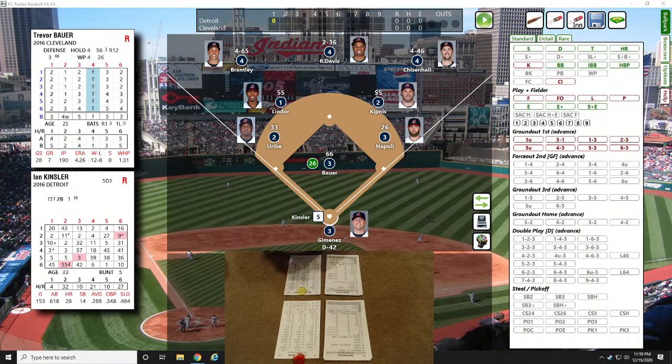Alrighty, baseball fans, we got a midnight game of baseball going on here. This 2016 Cleveland Indians taking on the Detroit Tigers from Progressive Field in downtown Cleveland, Ohio. This is a game from May 5th, 2016. And we just played the Fall Classic with the Excel sheets